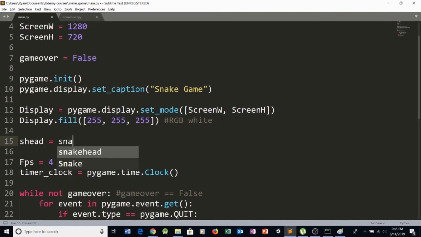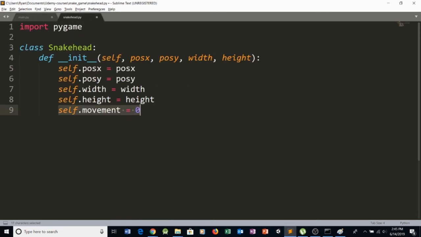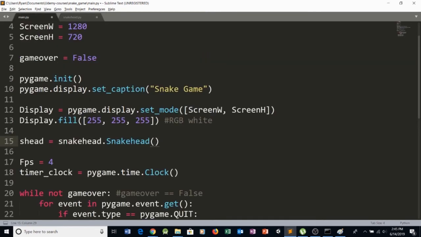equals snakehead, and then the name of the class, capital S snakehead, and then in parentheses we put all the values, we assign the values of all the variables that we set here. So we'll assign them, and then the program is going to assign these values to the variables that we created. So for the position y, we want our snake head to first spawn into the middle